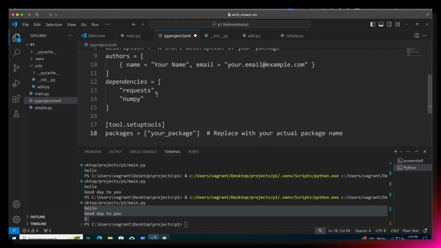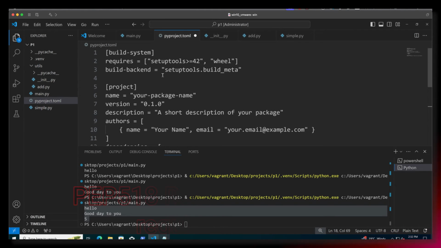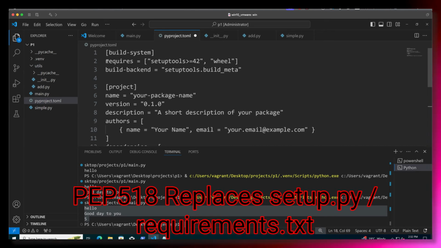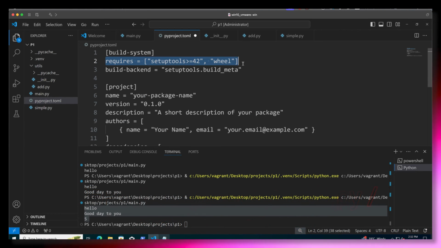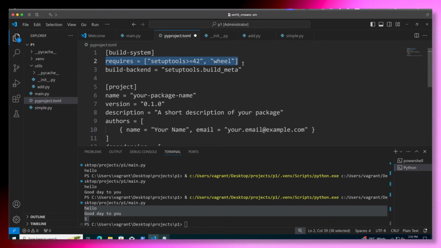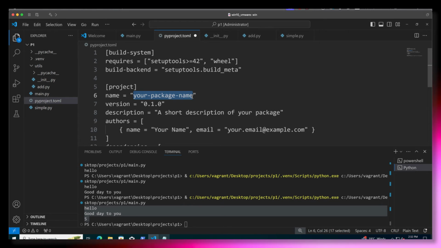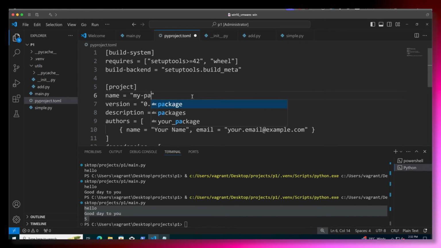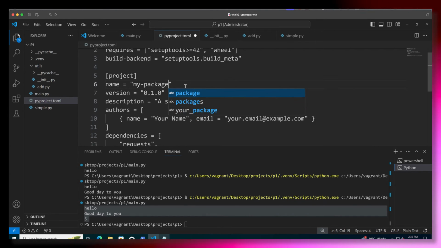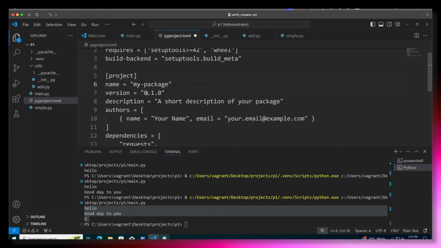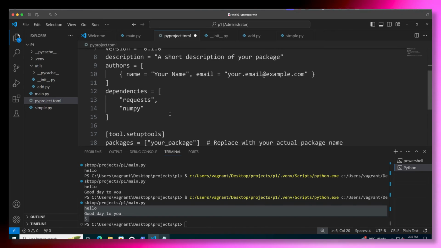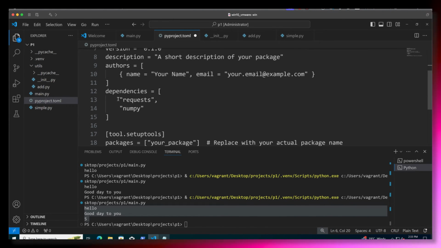The pyproject.toml file has been in place since PEP 518, and as we go through and take a look at it, we can see, well, when we build packages, what do we require? We can give our project a name, and we can then go through and specify my-package. I'm setting up a name deliberately different to our utils directory.